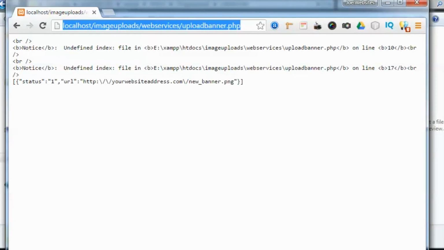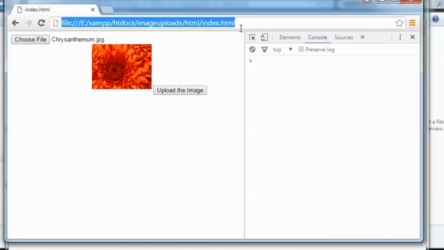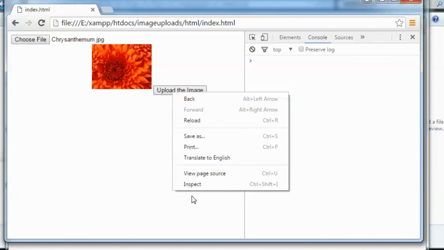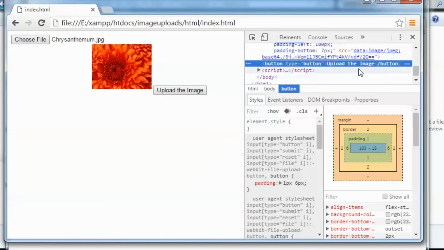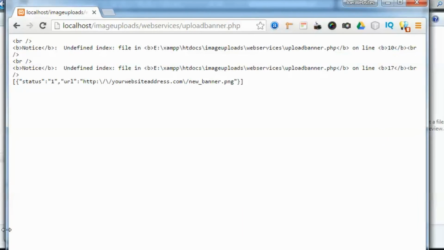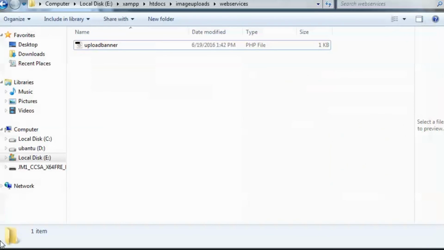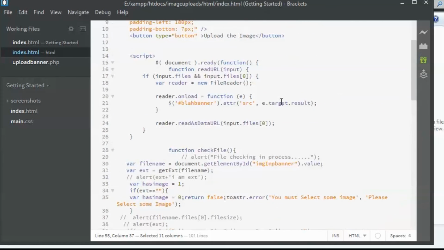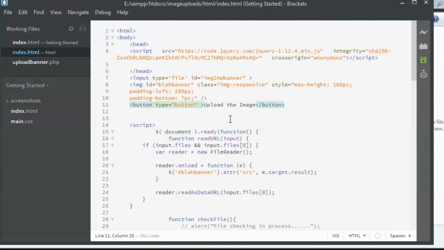Okay guys, I tried refreshing the page and tried once again, but it did not work properly. I think it's because we see that there is no function called over here. So we have just defined the button, but we have not called the function. So what we are going to do is edit the HTML code once again, go to the HTML code and call the function in onclick. So I hope this fixes the issue.